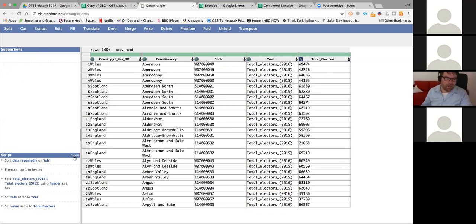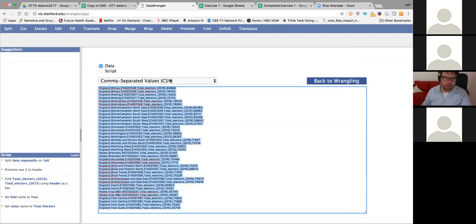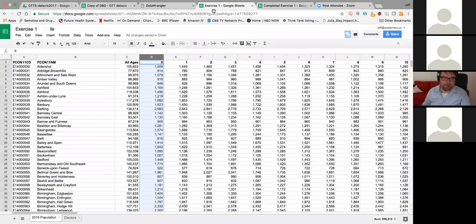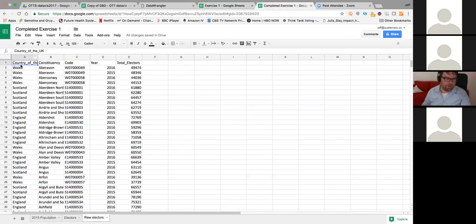And if we then hit the export button, we can copy and paste it from a tab, select all, sorry, and straight into this information here. So here I've done that, tidied that up already. So it says 2016, 2015, 2016, 2015. That was very quick and dirty because that's not the point of this particular webinar, but I did want